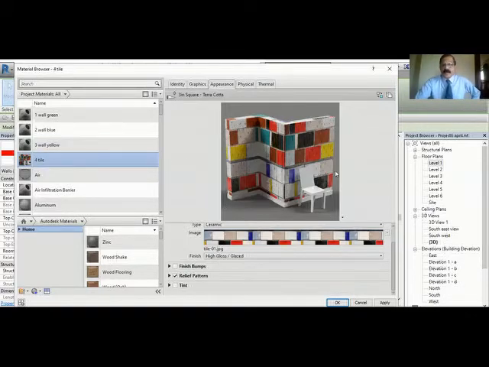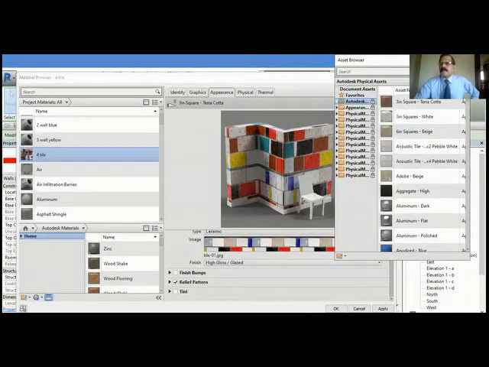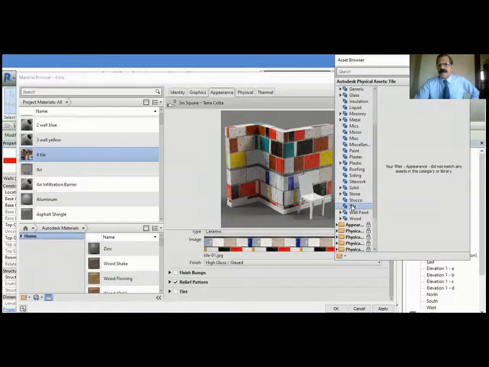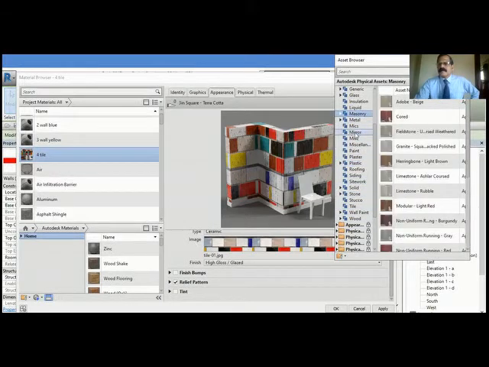Another method is that you can bring another image. This is the tile; now I want to have another type of tile. Either I can make it from here, or there is an option called asset browser. When you click asset browser, it shows you different materials here. You can select different materials. Suppose I say tile. Did not match anything. Okay, so different materials you can use.